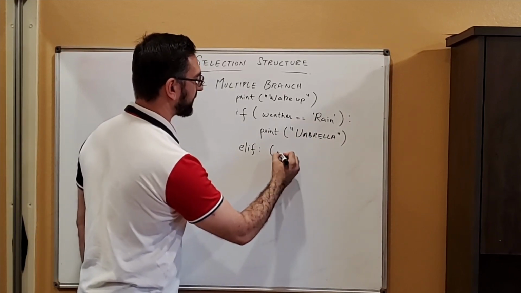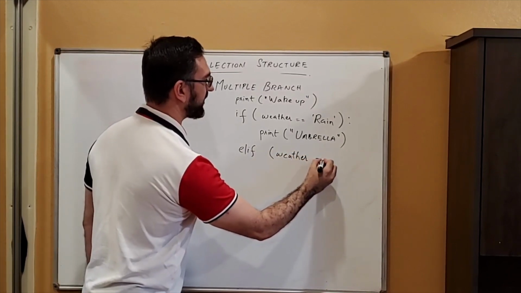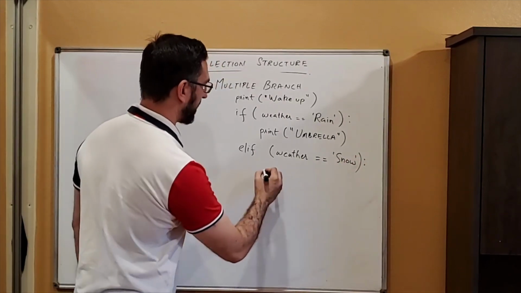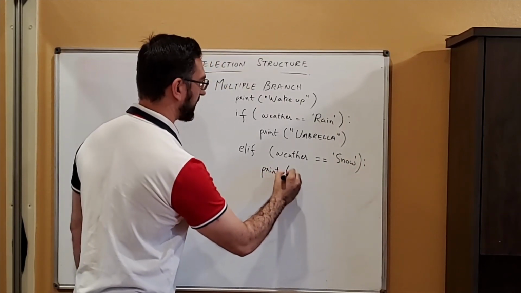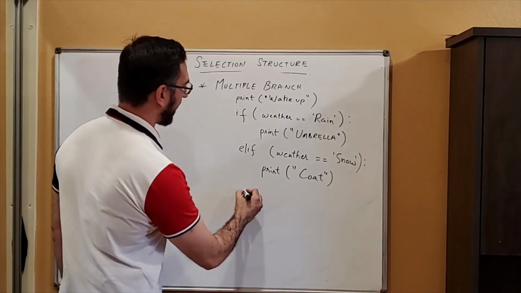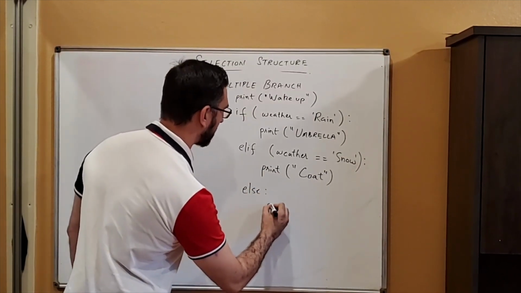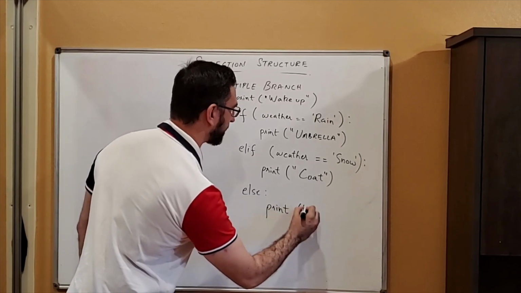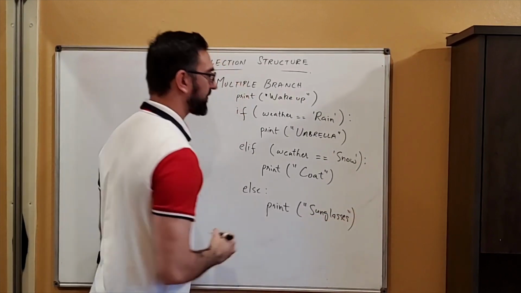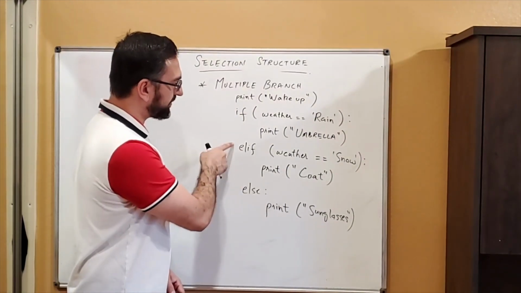where we say weather equals snow. Then we print what? Coat, right? Some warmer clothes. And if nothing else matches, then we say else print sunglasses, right? So in this case, you have a multiple branch structure, and you can do multiple else statements